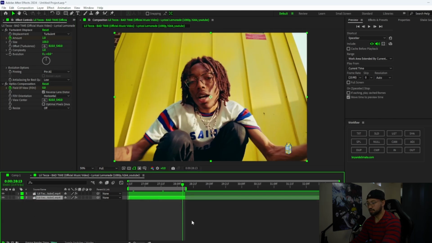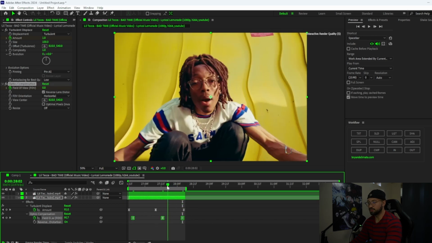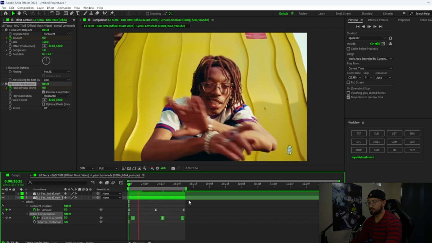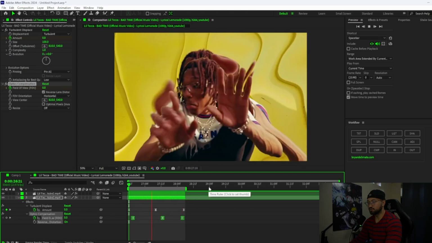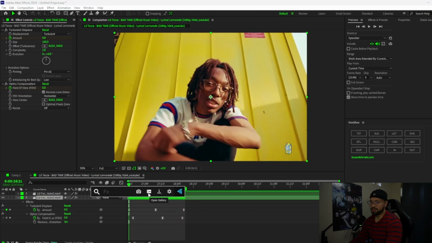I'm gonna press U again so we can see those keyframes, highlight them. F9, easy ease, smoother animation. And now when we play it back, we have something like this. Super clean, very fire. And to add some more to this, if you guys like that LSD trippy type look,